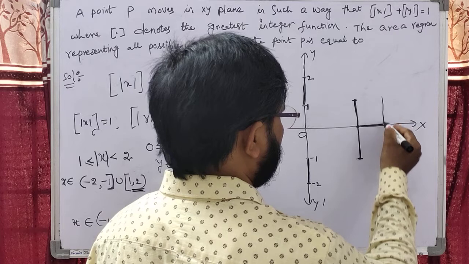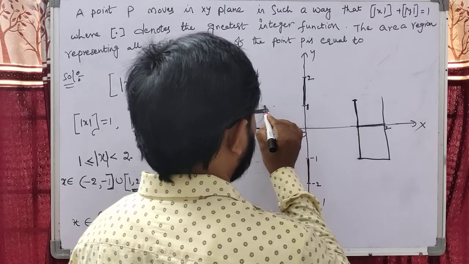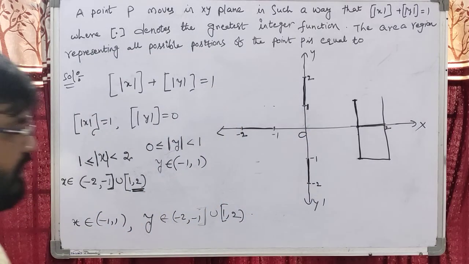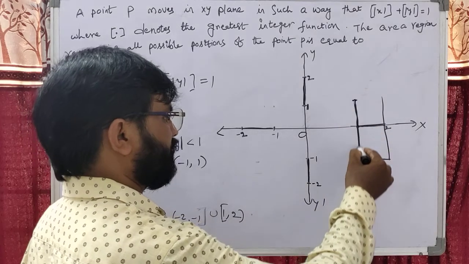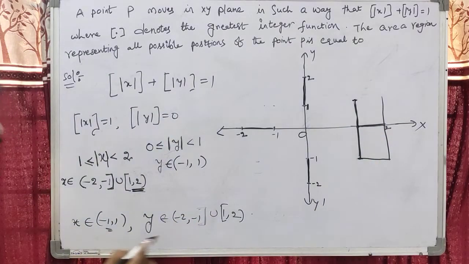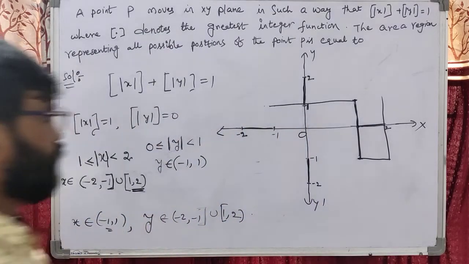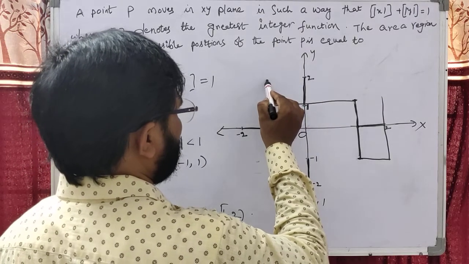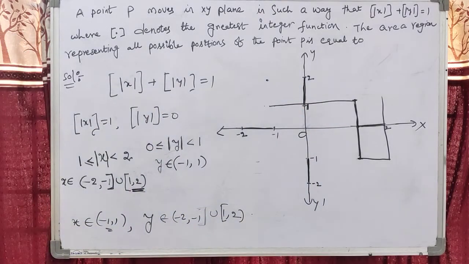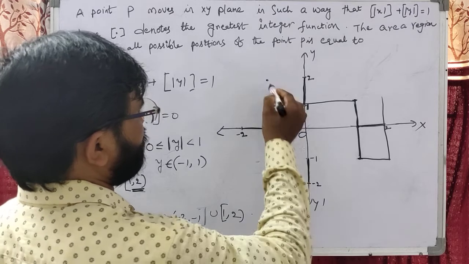So like this, except 2. Okay students, suppose y equal to... when we are taking here, this is the minus 1 to 1 y values. At the same time, x is the minus 1 to 1 values like this. Okay students, so this is the graph. After that, x is given 1 to 2, this is minus 2 to 2. Dear students, what I am observing here, you can write this.